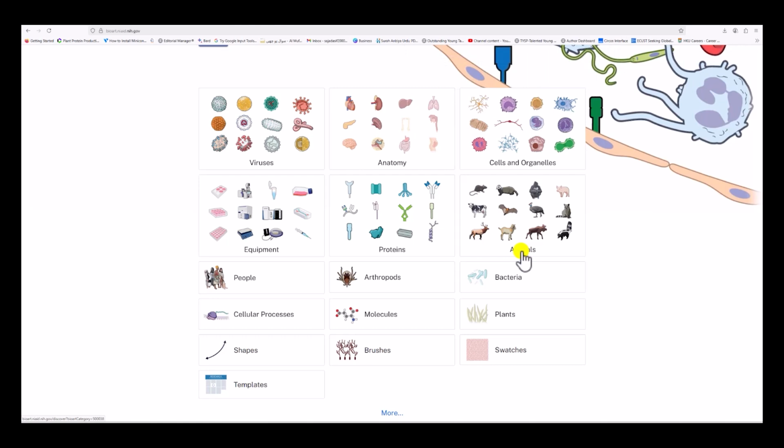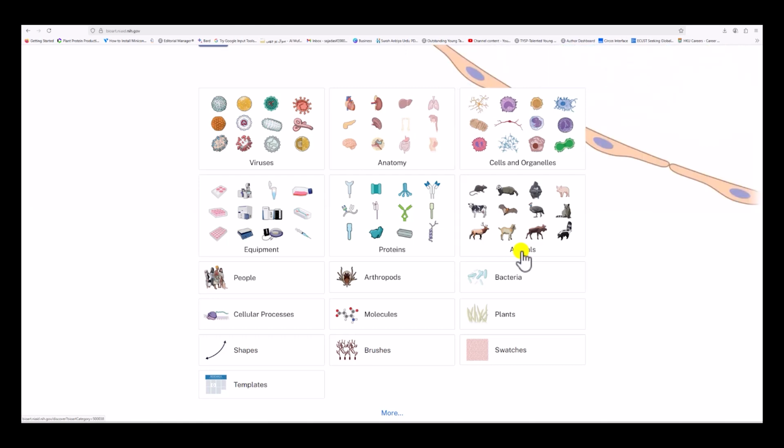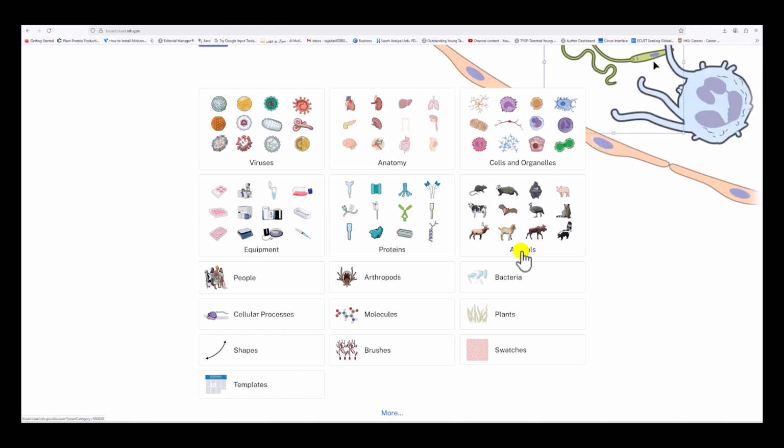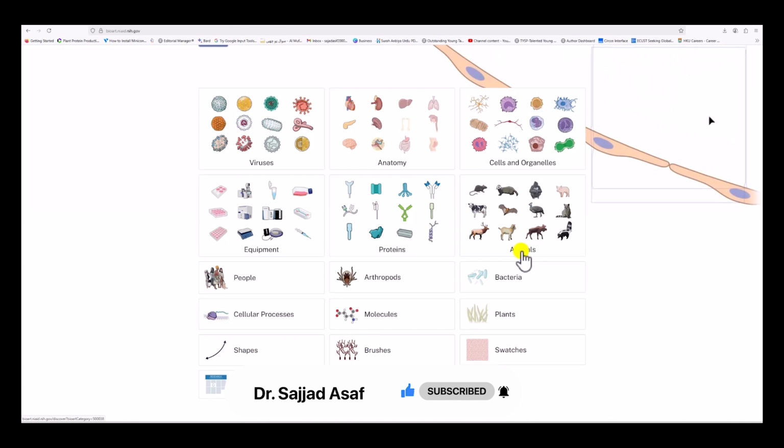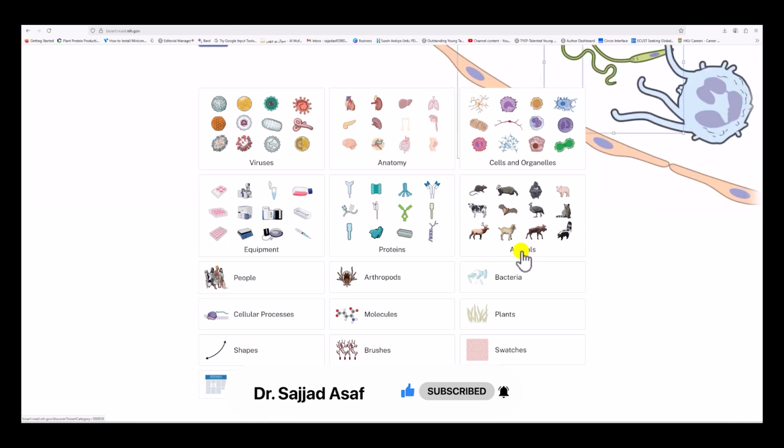So let's discuss BioArt. What is the difference between BioArt and BioRender? BioRender provides you an interactive interface, and you can drag and drop icons and create a figure in a window inside BioRender. But here it is different.